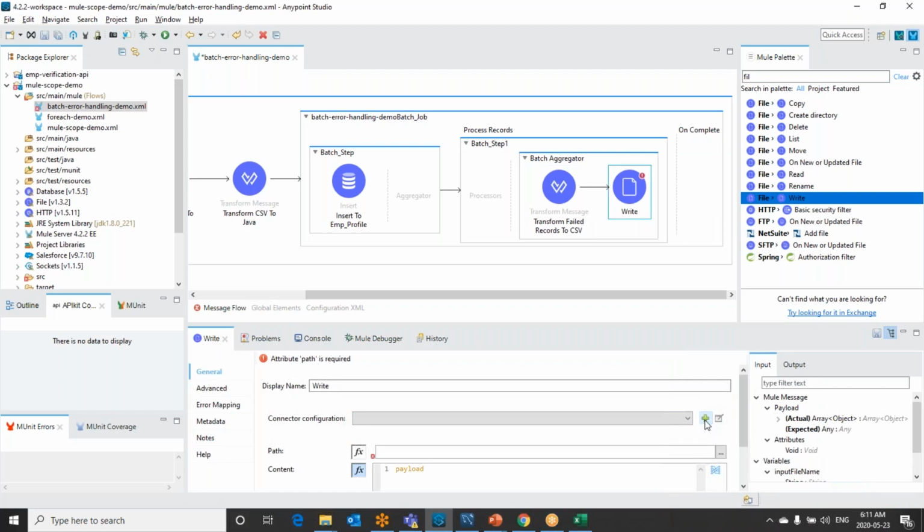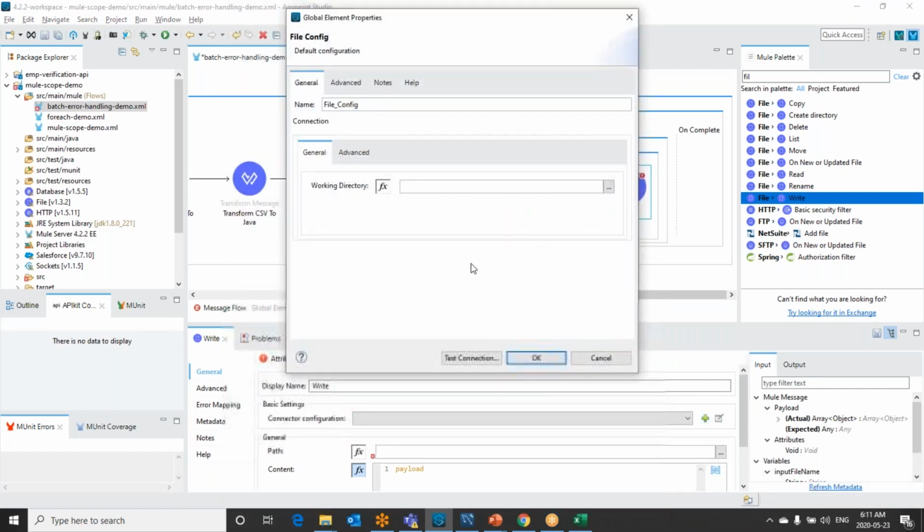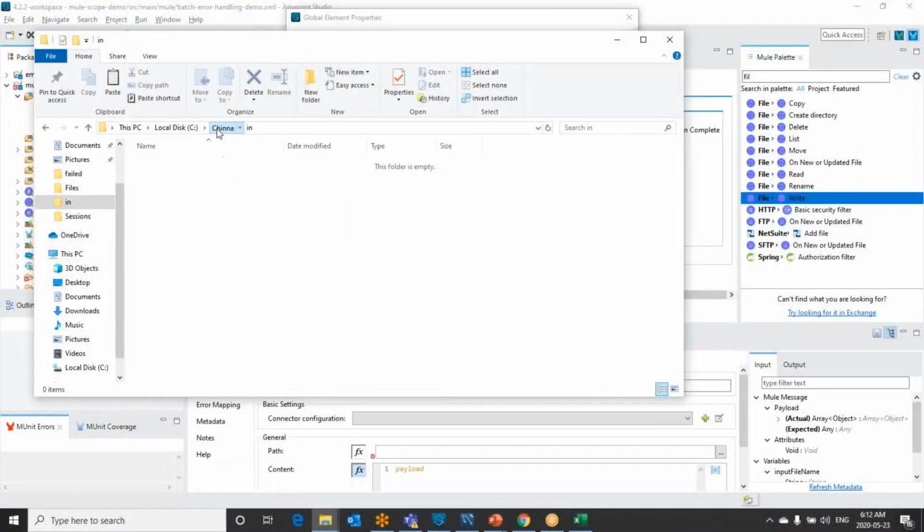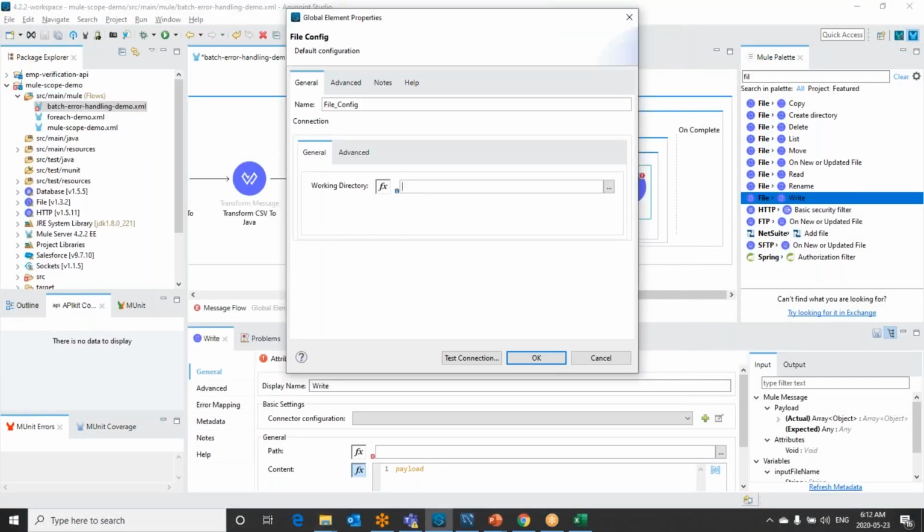Let me take a new configuration for a failed location. Let's go here. I have one more folder called failed. Copy this location and let's take the config as failed location.